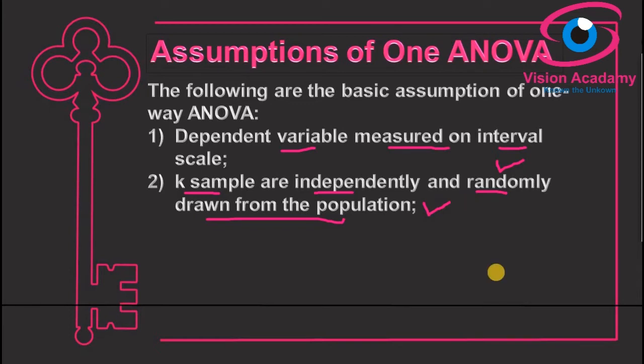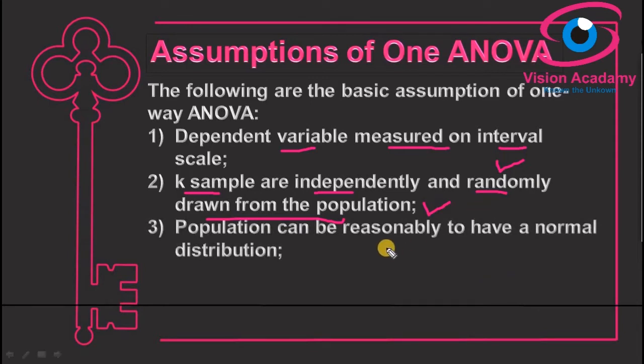And one more important consideration in all the parametric tests is that the population can reasonably be assumed to have a normal distribution. Very importantly, the data must be normally distributed to apply one way ANOVA. This is very common in all the parametric tests, whether you undertake t-test, f-test, chi-square test or even ANOVA, which are considered parametric tests, their data must be normally distributed. Otherwise, you need to go for something like non-parametric tests. So if your data is normally distributed, you can go for one way ANOVA.